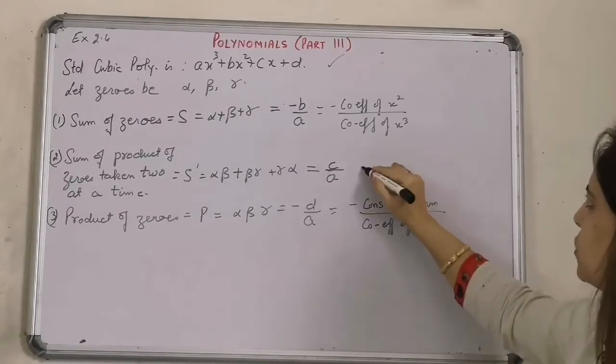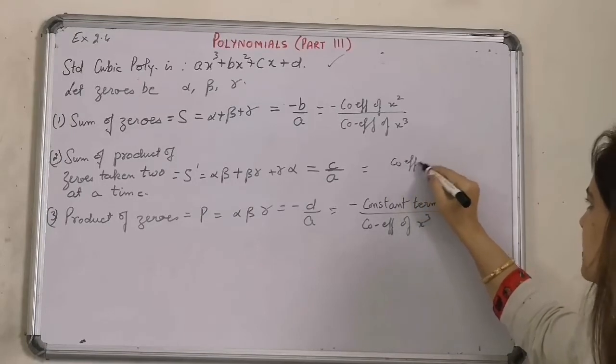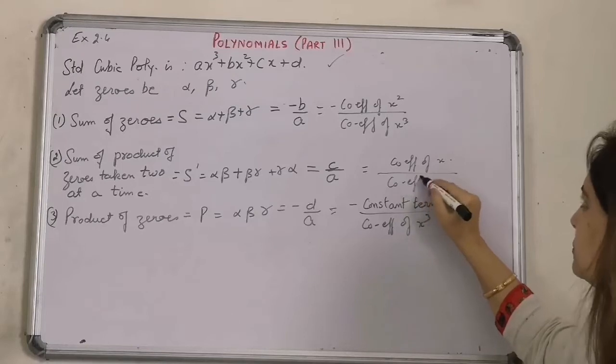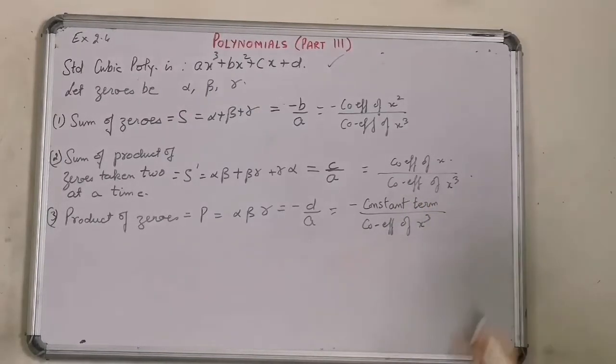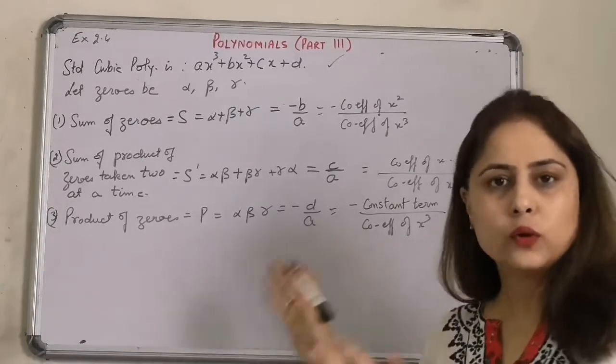In the previous one also, c is the coefficient of x and a is the coefficient of x cube rather. So take down this relationship between the zeros of a cubic polynomial and the coefficients of the